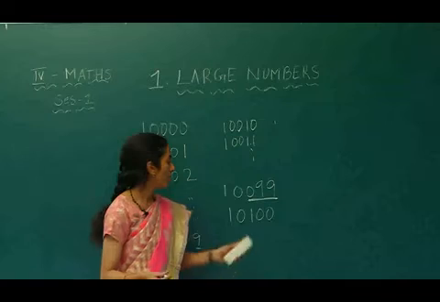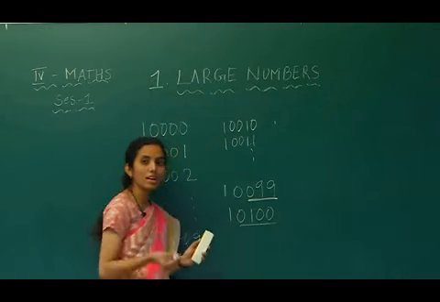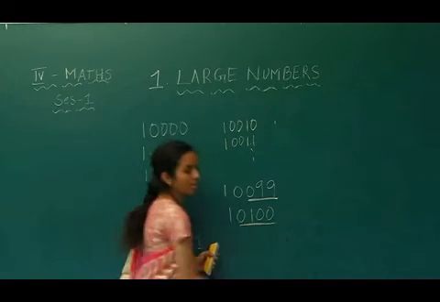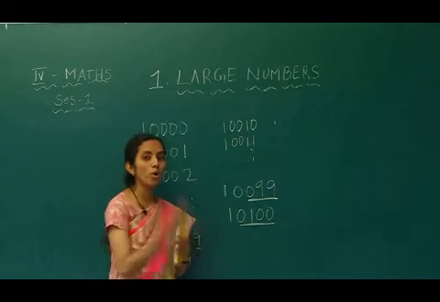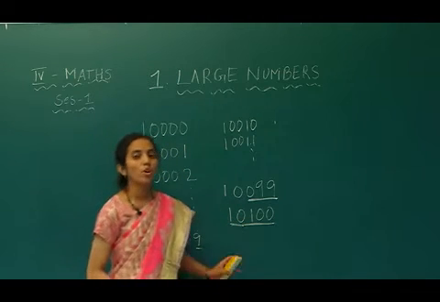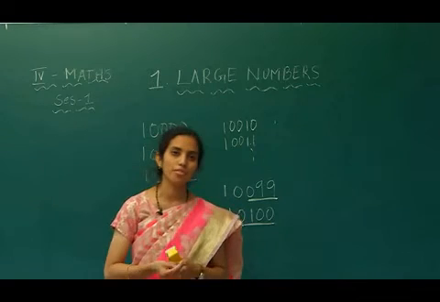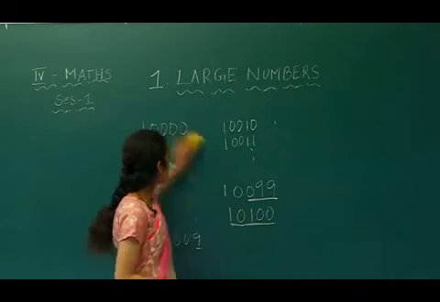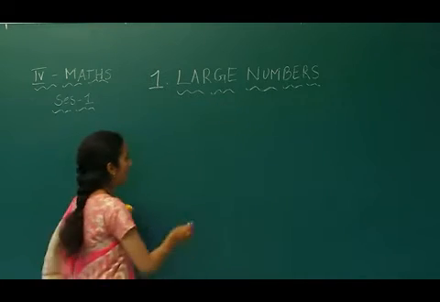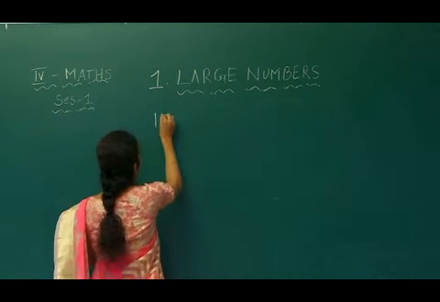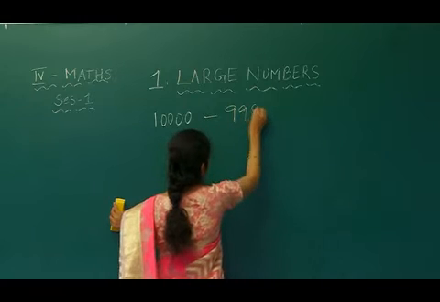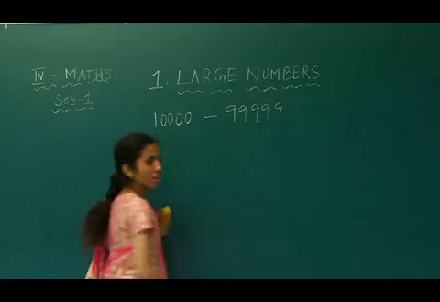After 900, you have to replace 4 digits. That is, after 900 we get 1000 if we increase by 100. After 1000, if you want to write 20,000, you have to replace 5 digits. So 20,000, 30,000, 40,000, 50,000, 60,000 and so on. The largest 5-digit number will be 99,999. So the first 5-digit number will be 10,000 and the last 5-digit number will be 99,999.